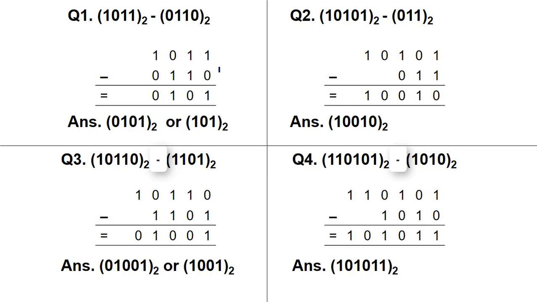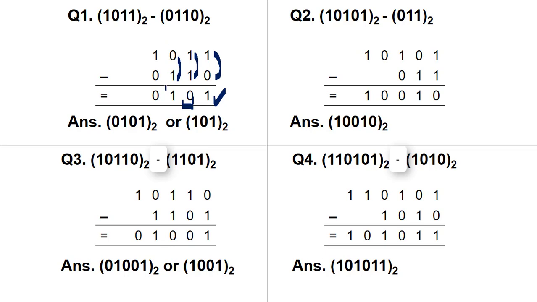Now let's subtract the numbers and understand the principle. Here our first pair is 1 minus 0. As we have discussed in the rules, 1 minus 0 will give you a result of 1. Then next we have 1 minus 1. 1 minus 1 will give you a result of 0. Then next we have 0 minus 1. Well, here comes a very tricky part, because in this step we have to subtract 1 from 0.